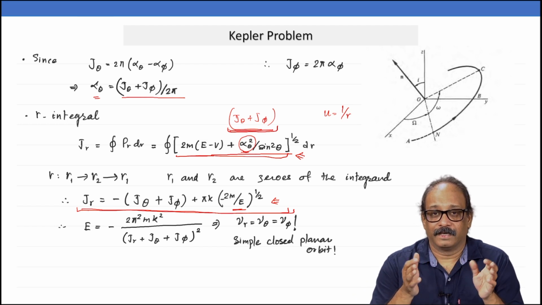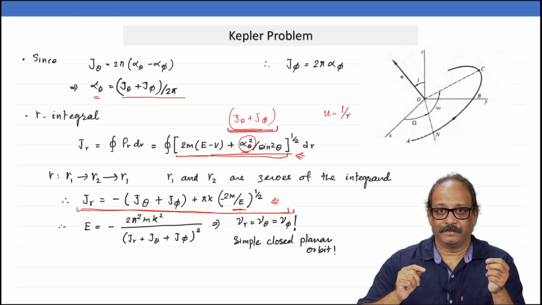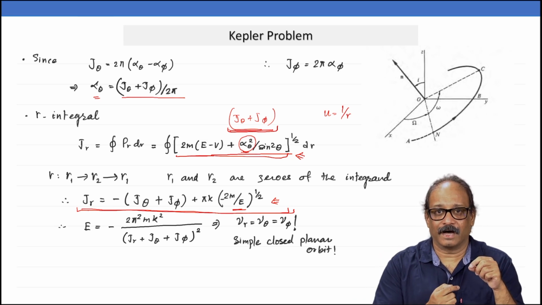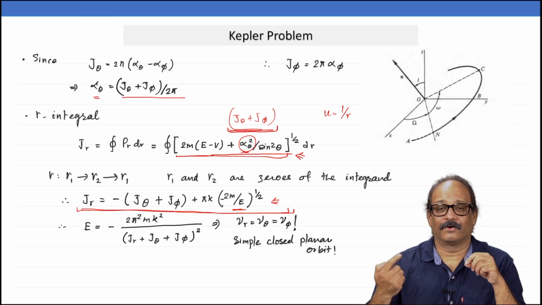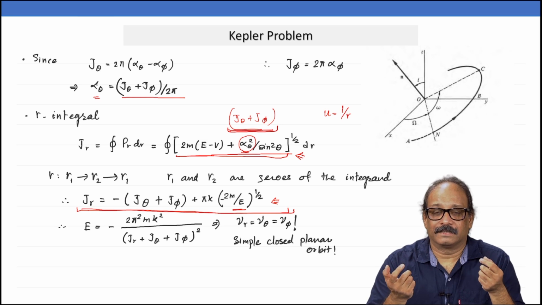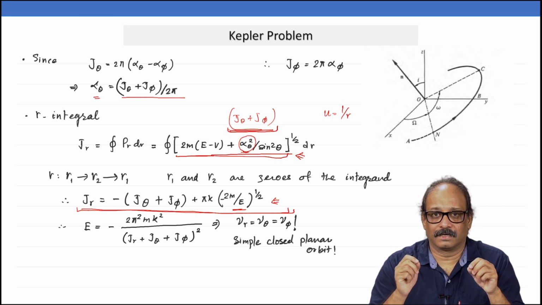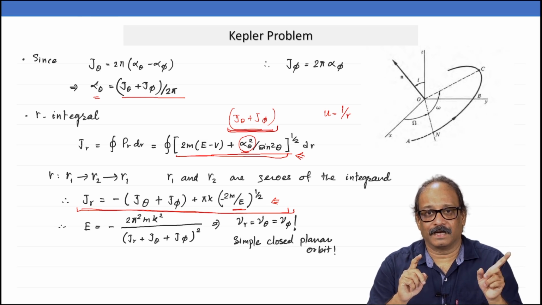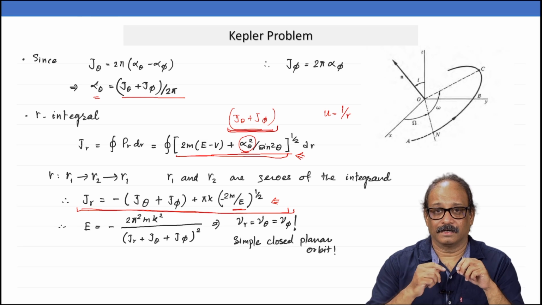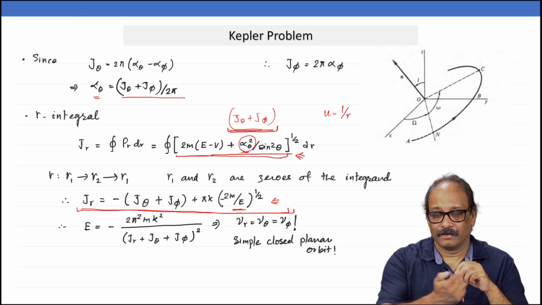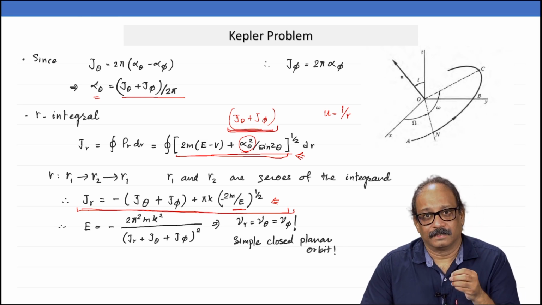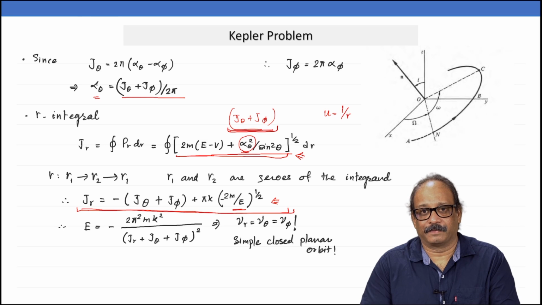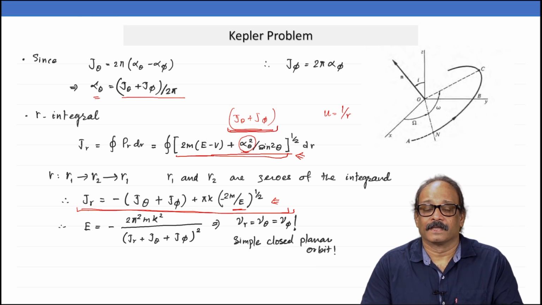The orbit is not just planar, but by the time r does that oscillation from r1 to r2 and back to r1, your phi has done a rotation of 2 pi. What does that mean? It is in fact just a simple closed curve with exactly one minimum and one maximum in r. So, it ought to be a loop which is convex, and that in fact will turn out to be the ellipse. Of course, it is special for 1 over r, but it will turn out to be an ellipse.